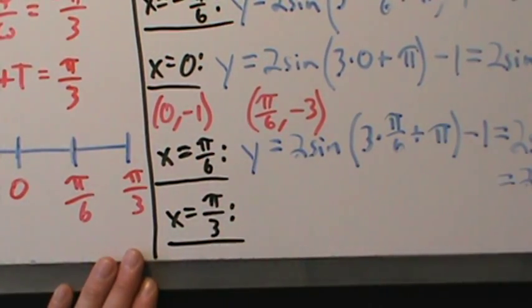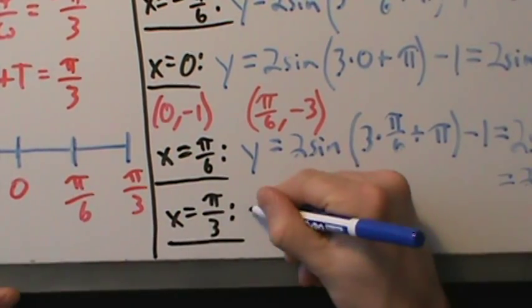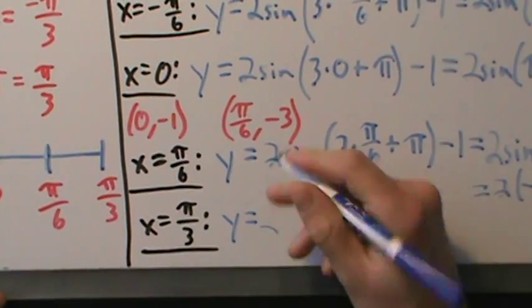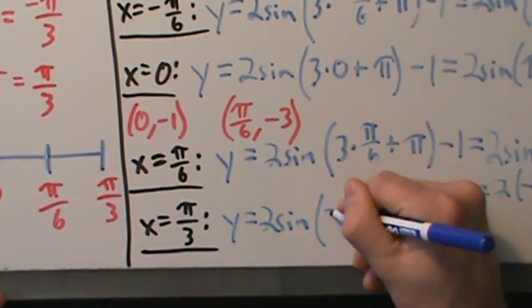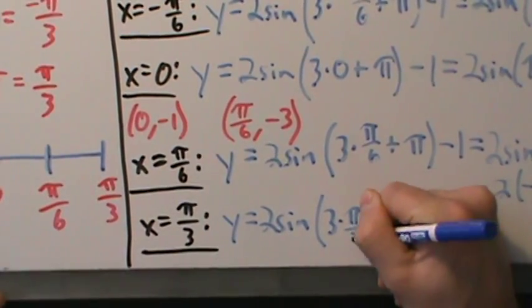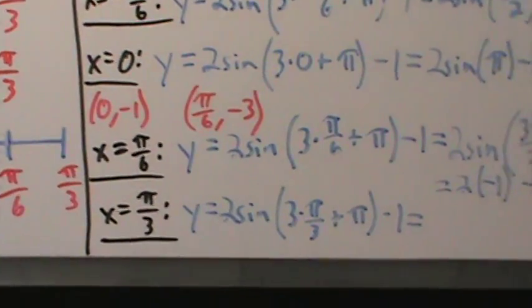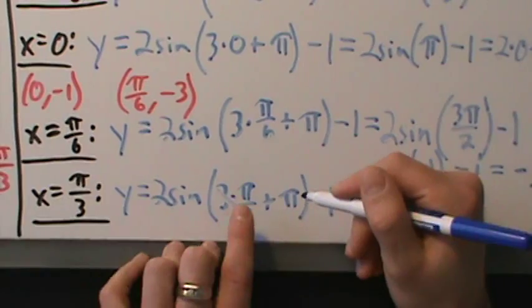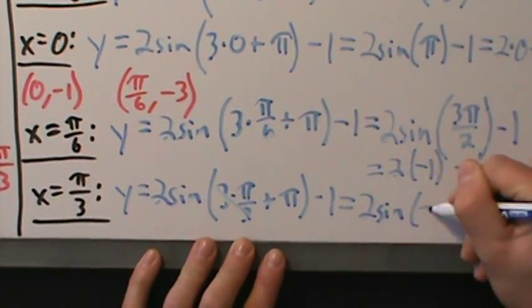All right, when x is pi over 3, what's happening? We have y equals 2 times the sine of 3 times pi over 3 plus pi, and then minus 1. Well, 3 times pi over 3, the 3's cancel, and we're just left with pi plus pi, which is 2 pi. So that's 2 times the sine of 2 pi